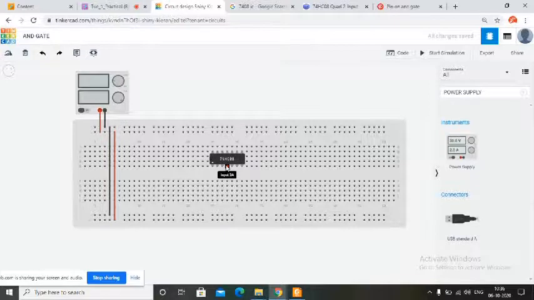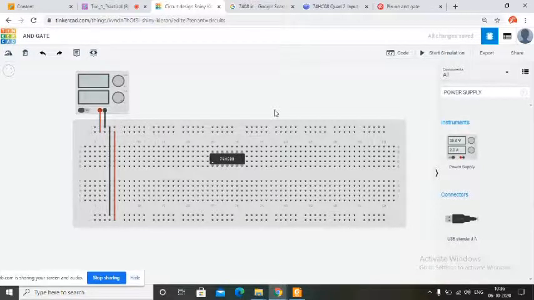If you put the cursor on the fourth one, then the second AND gate will start, input 2A. The first three pins are the first AND gate. The first two are the inputs, and the third one is the output, right? Clear? So let us try to make the circuit according to that.